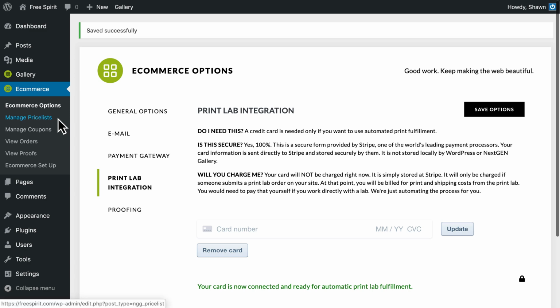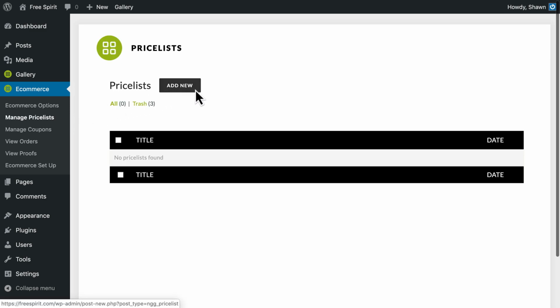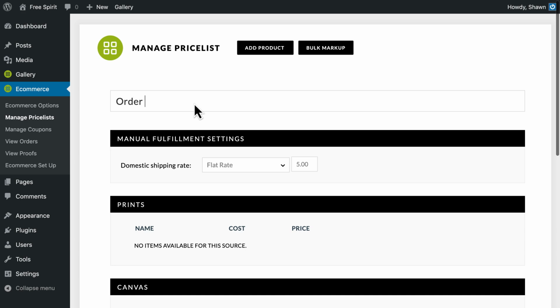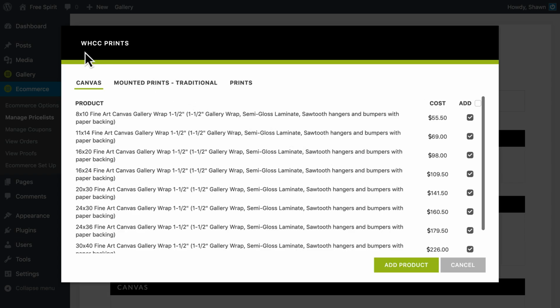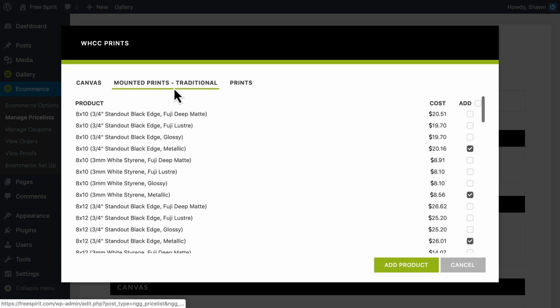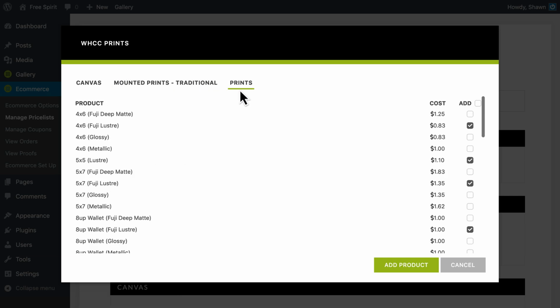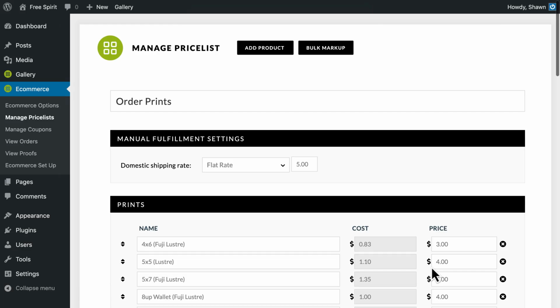The next step is to create a price list. Click Add New, then enter a name for your price list. Next, click Add Product and select WHCC Prints to add the print items that are available from our lab partner, White House Custom Color. Now, we've pre-selected the most popular WHCC print items for you, including canvas prints, traditional mounted prints, and regular prints in different finishes. You can choose which products to offer, but for now, I'll just click Add Product to add all these items